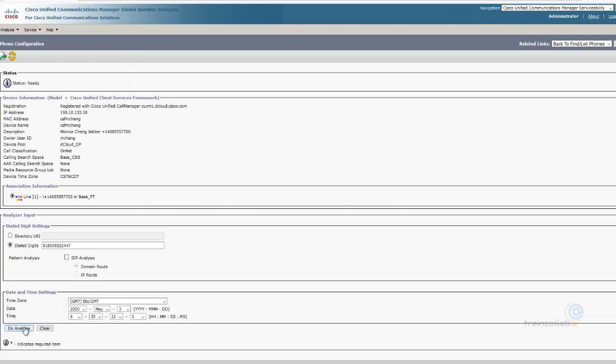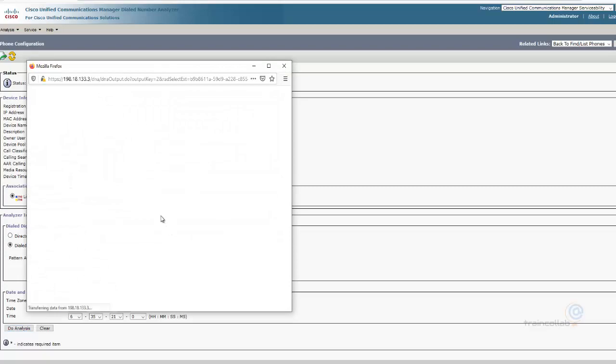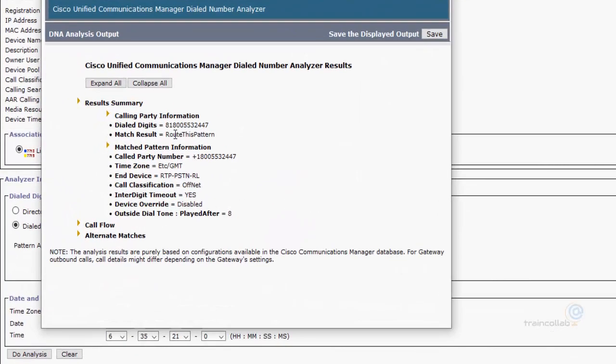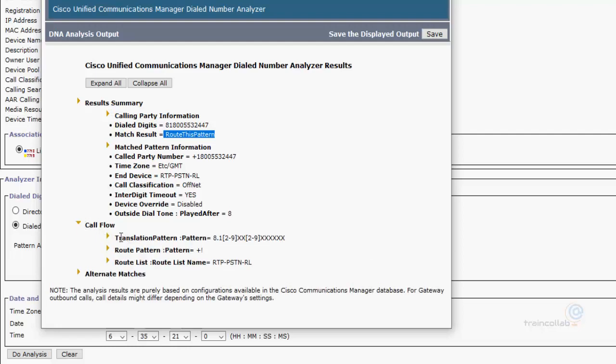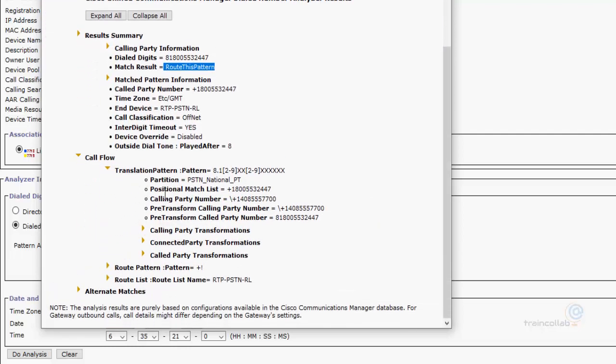Let's do an analysis again in the dial number analyzer. And now here you see that it says route this pattern. That means there was a partition, or a CSS, missing, or the access missing for the translation pattern to reach the route pattern. And this is why you might have got the error message that the call cannot be completed as dialed. And now you will see the correct call flow,